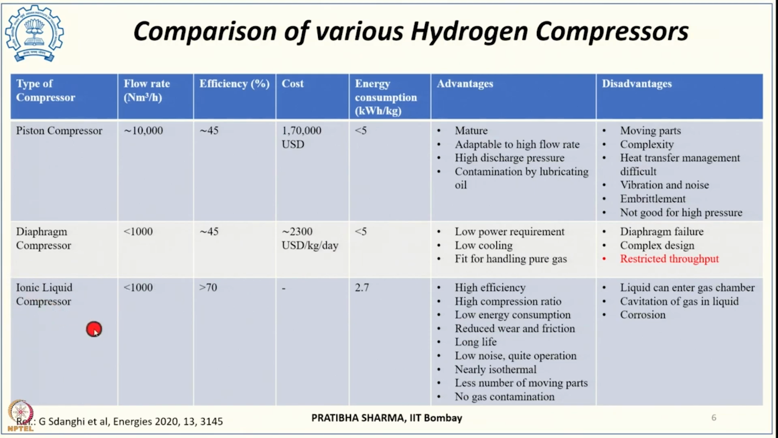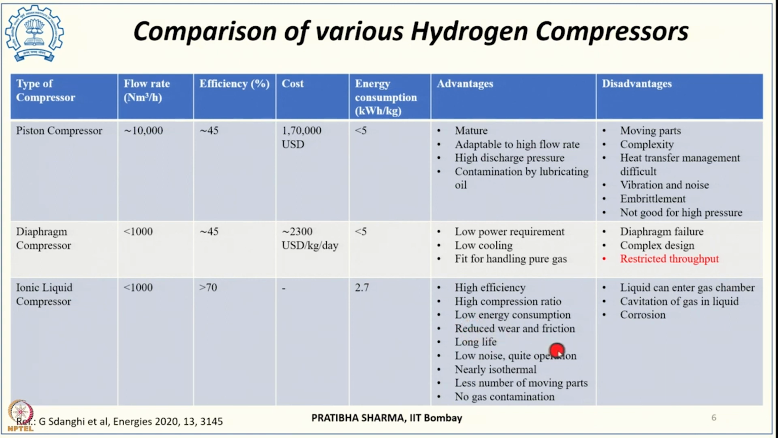Another category of mechanical compressor that we have seen was the liquid ionic compressor, or ionic liquid compressor, with a flow rate of around 1000 normal meter cube per hour. Efficiency was very high, that was 70%. Energy consumption is very low because they work very close to isothermal conditions, so about 2.7 kilowatt hour per kg. The advantages are they have very high efficiency, we can achieve higher compression ratios, energy consumption is lower,